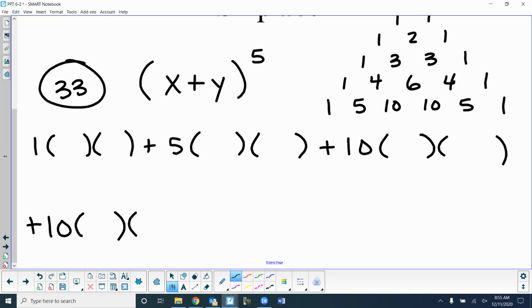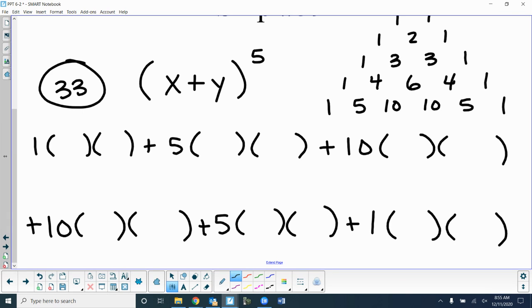Sometimes they alternate if there's a minus there. Plus 5, plus 1. Okay? So you get the numbers from Pascal's triangle, and then you put 2 sets of parentheses after each one,